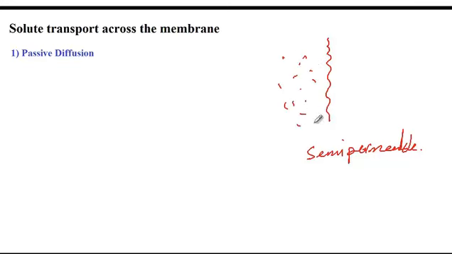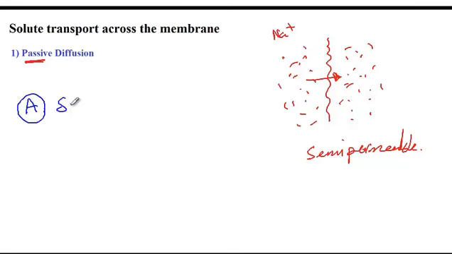So let's say that we have a high concentration of Na+ on one side and a low concentration of Na+ on the other side. There would be passive diffusion, not requiring any energy, of sodium across the semi-permeable membrane until we have an equal number of sodium on both sides. And so this phenomenon that I just described for you is called simple diffusion,